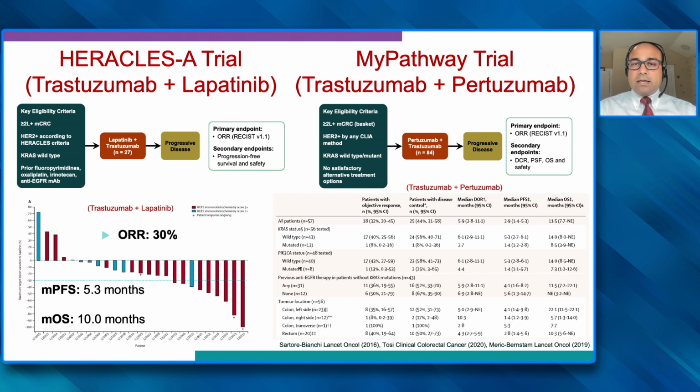In the MyPathway study, how it differed from the HERACLES study was that HERACLES only included patients with RAS wild type tumors, whereas MyPathway allowed both RAS mutant as well as RAS wild type tumors. If you remember from the first slide, HER2 amplification is enriched in RAS wild type tumors, but it is also found in RAS mutant tumors. And one of the striking factors from this was that HER2 therapy worked very well in wild type tumors, but did not work in RAS mutant tumors. So dual anti-HER2 inhibition is restricted to patients with HER2 amplified RAS BRAF wild type tumors.